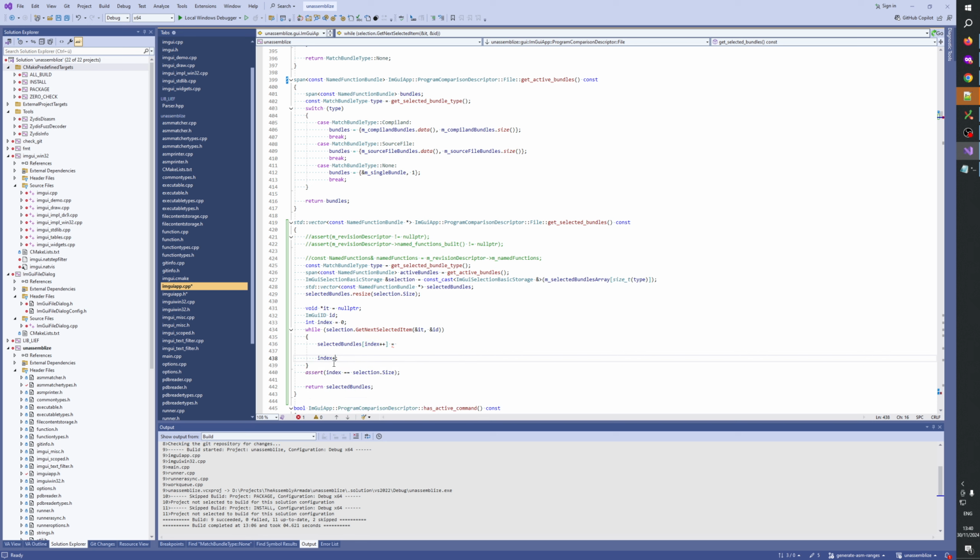So if ID is smaller than active bundles.size, then selected bundles index equals bundles